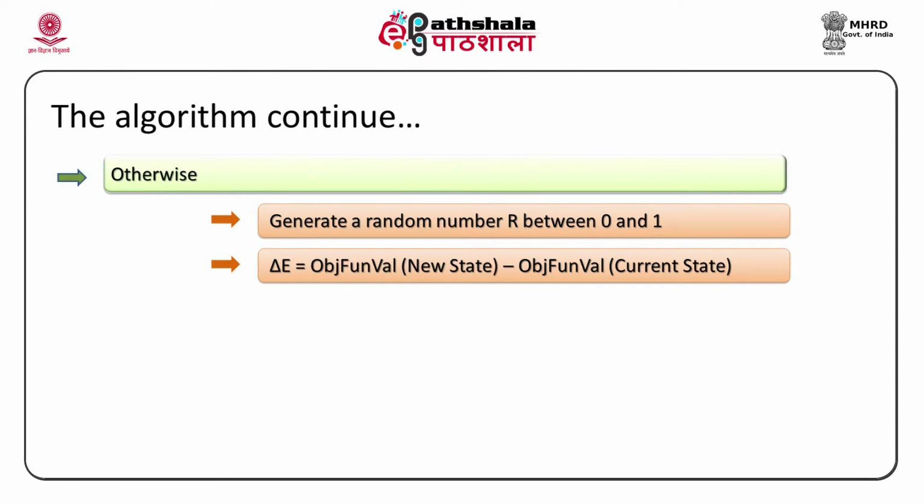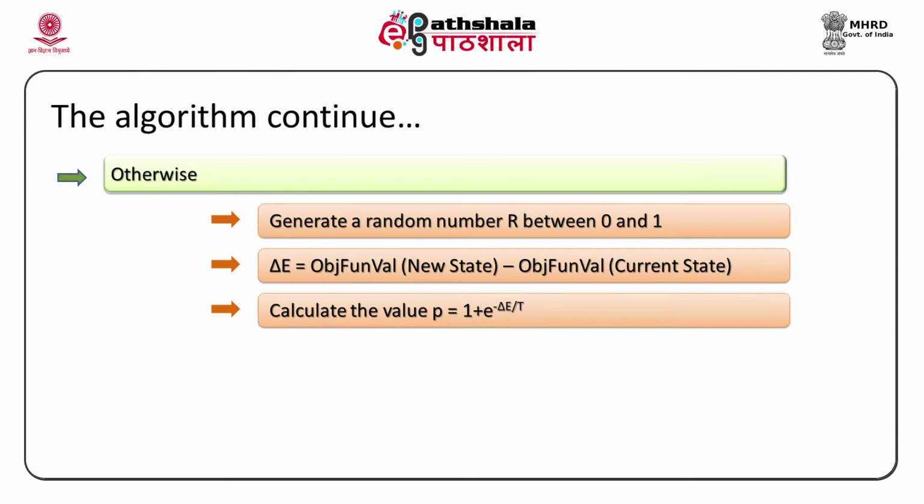Now, we decide the objective function value of the resultant state. After applying this rule, what we get is a worse state than this. So, we have to calculate the difference. We find the objective function value of the new state minus the objective function value of the current state. That is delta E, and we calculate the value P, which is the probability 1 over 1 plus e raised to minus delta E upon T. T is something we have already read, and we use it to control this probability. Delta E is the difference between the objective function values of the current state and the new state. Now, how do we get this state?